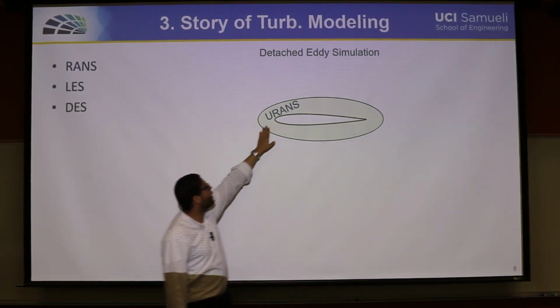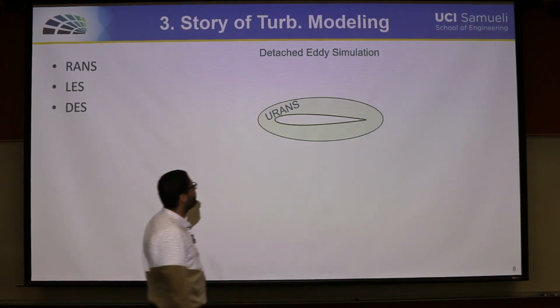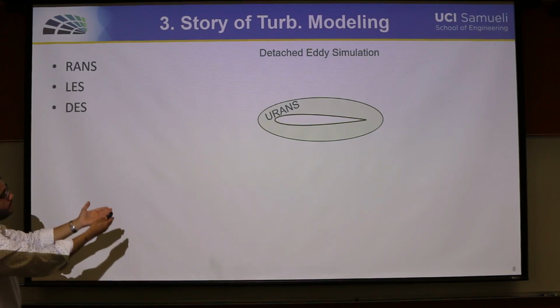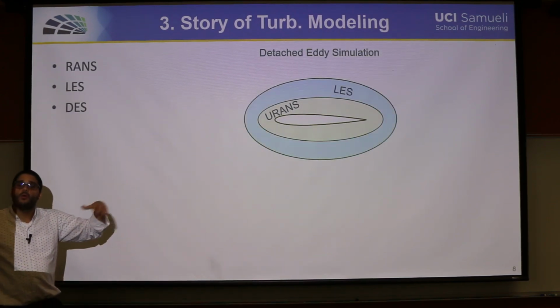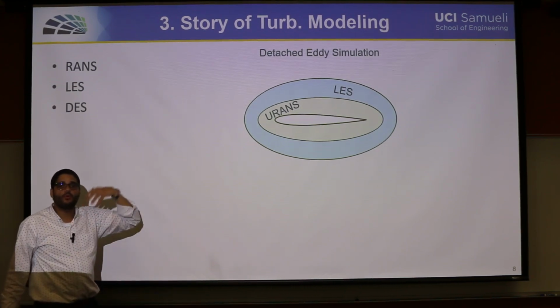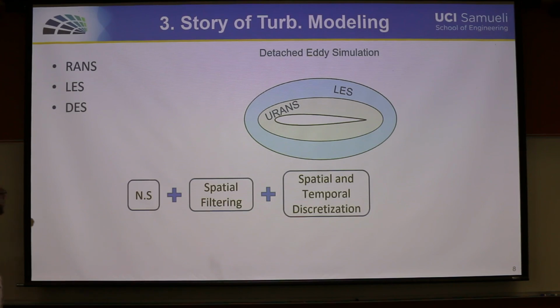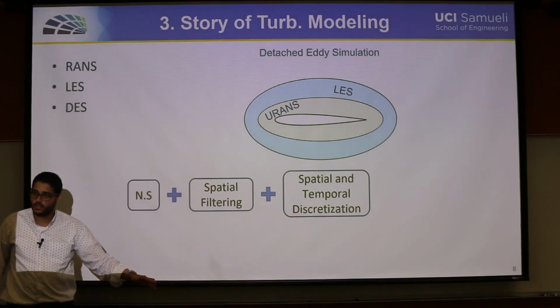So we need to just have the unsteady version of the Reynolds-averaged Navier-Stokes equation, which is not a big deal. And the unsteady RANS is being implemented near the wall, but the LES is being implemented outside the wall, or far away from the wall, where the flow could be considered as if it was a free shear flow. If we have the Navier-Stokes equation plus spatial filtering plus spatial and temporal discretization, because remember